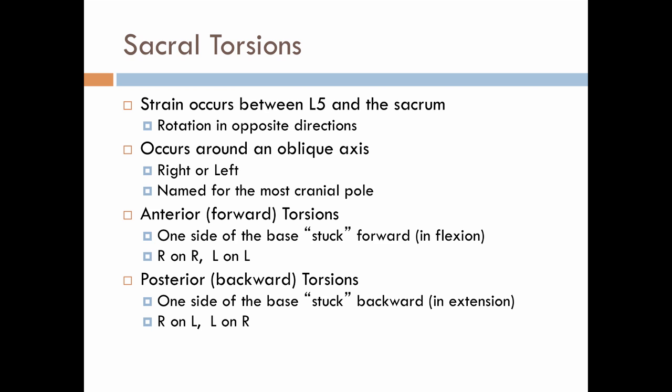In an anterior or forward torsion, one side of the sacrum can only move anterior and is not able to move posterior. And conversely, with a posterior torsion, there's one side that is unable to move anterior. Both sides can move posterior in a posterior torsion, but the side that is restricted is not able to move anterior. So with the forward torsions, your diagnosis will be right on right or left on left. The two directions are the same. With the posterior or backward torsion, they will be opposite. You'll either have a right on left or left on right,